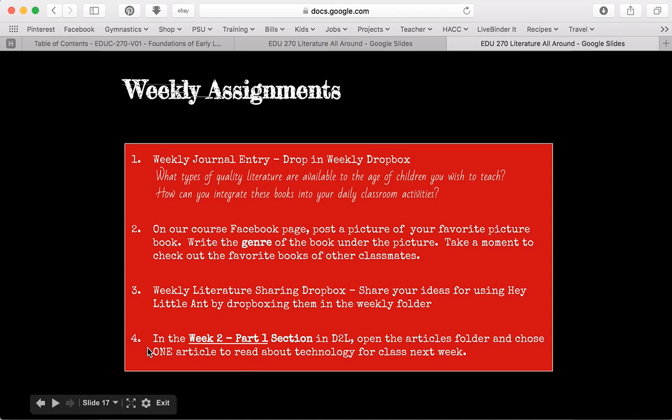These are your 4 weekly assignments. Just to go over those very quickly. You'll have your weekly journal entry, which you will drop in the weekly Dropbox for week 1, part 2. You will go onto our class Facebook page, post a picture of your favorite picture book. And again, you can have a real picture of the book that you have at home, or you can find an image online. And then you're going to write the genre of the book. So think about that book sort that we did, where I shared all the different genres for the insect or bug theme. You'll tell me what genre your book is,